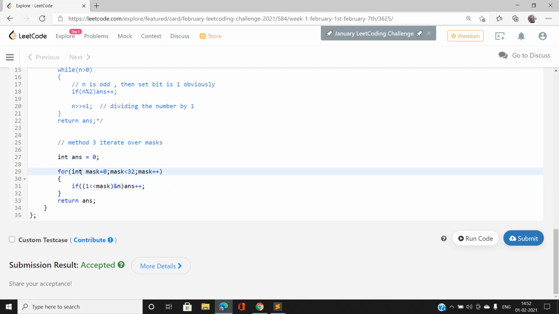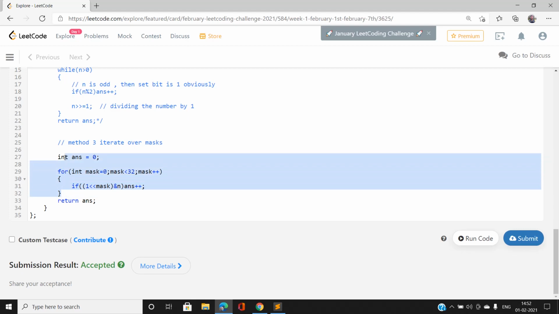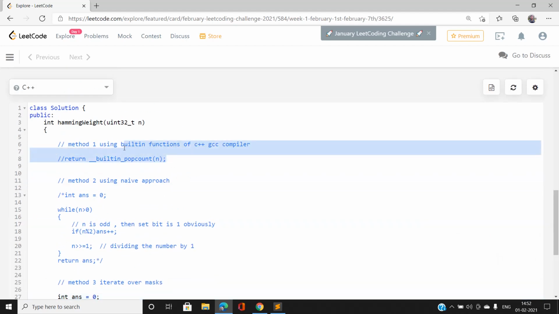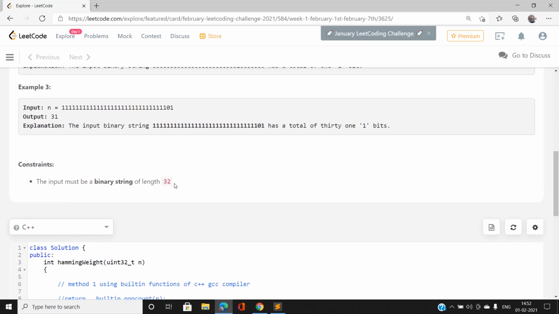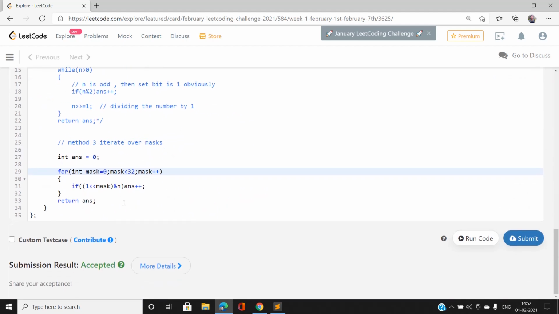So this will calculate the total number of set bits equal to 1 in the binary representation of n. So actually this is basically a nice and efficient way to solve this question also, and there is also the built-in popcount method that is going to return our answer. This method is going to use the bitset approach, that is to iterate over the set bits from 0 to 32, as we have a maximum length of 32. Okay, so finally I am going to return this answer.